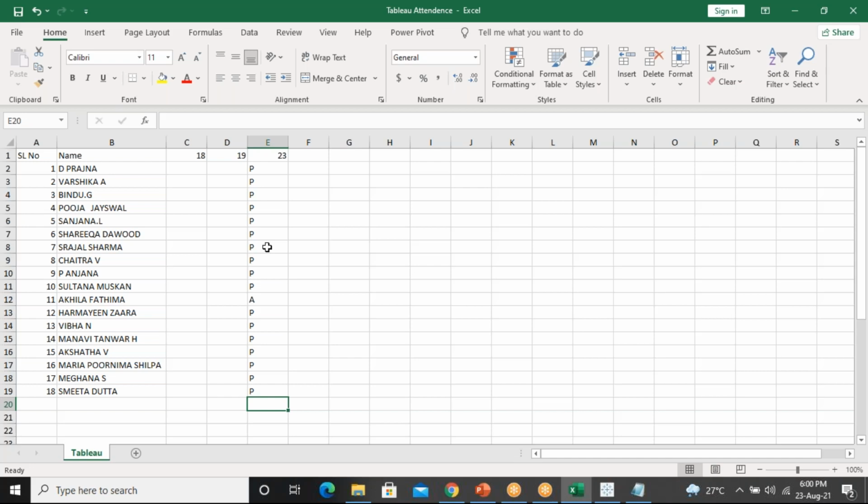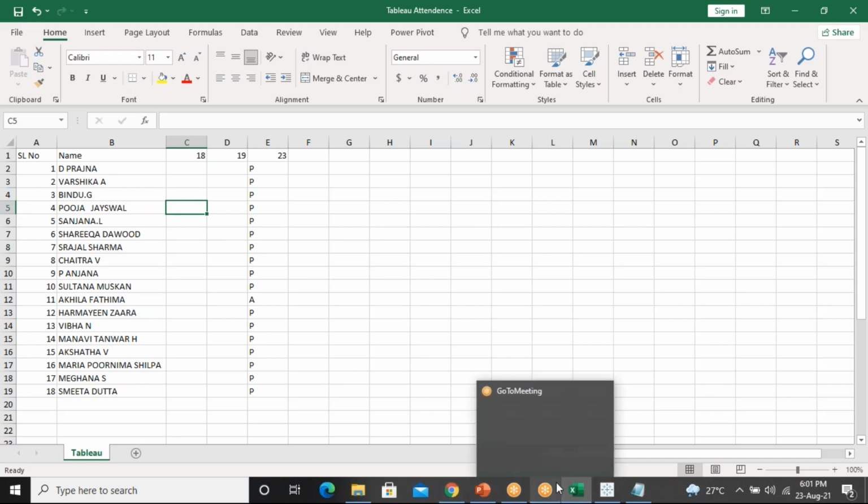Fully attended means present. Absent means absent. Something different will be modified. For my purpose I took overall present and absent. Again, from the meeting, an attendance list is generated automatically. In that it will show how many hours and minutes you attended. Based on that, I will modify it. Clear, right?